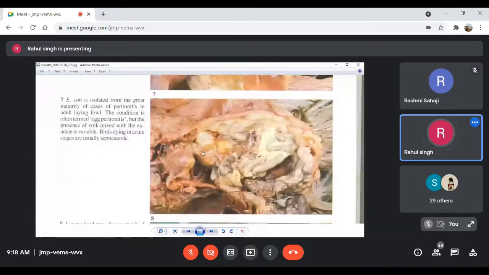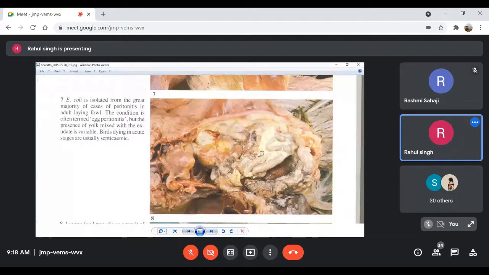Now this is a condition of egg peritonitis. All right, condition of egg peritonitis. This is the abdomen that has been cut open. This is the location of the heart, and these are the intestines. And here you see these are degenerating ova follicles, degenerating egg follicles. One of the follicles broke open, and you see these whitish deposits here. You can observe this. This is the intestine, and these are the whitish deposits.